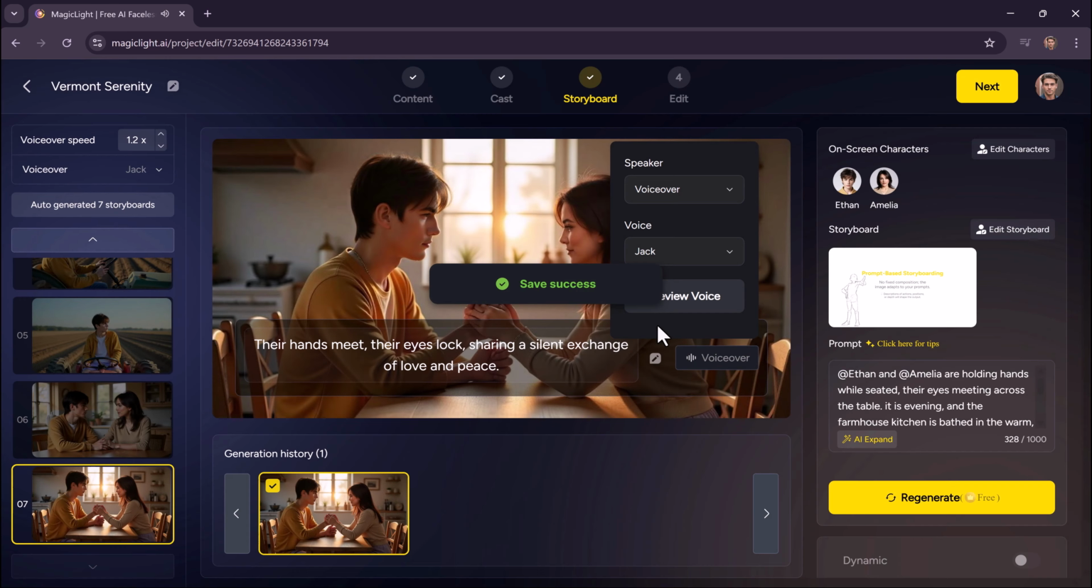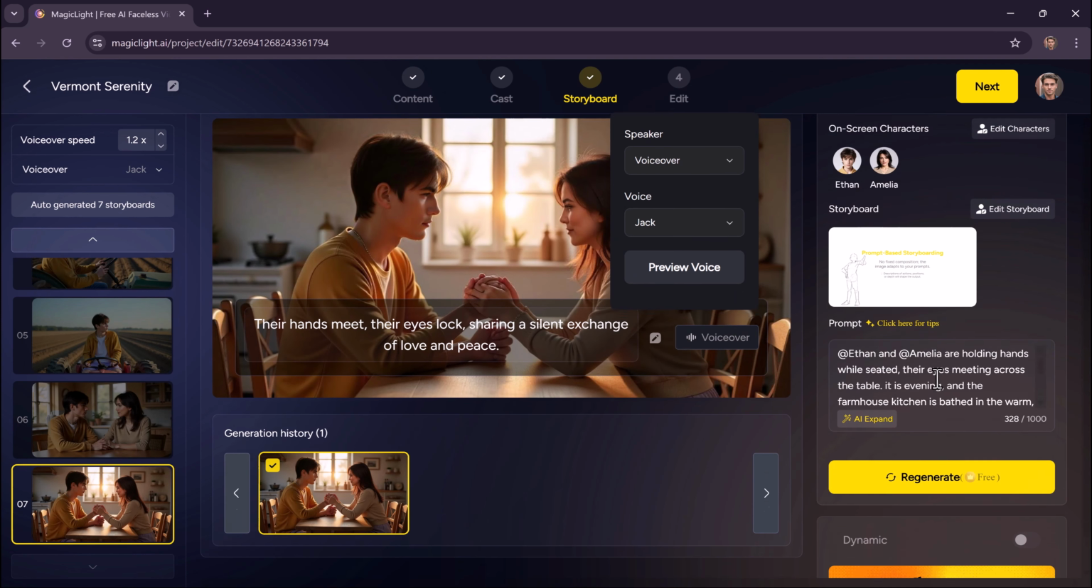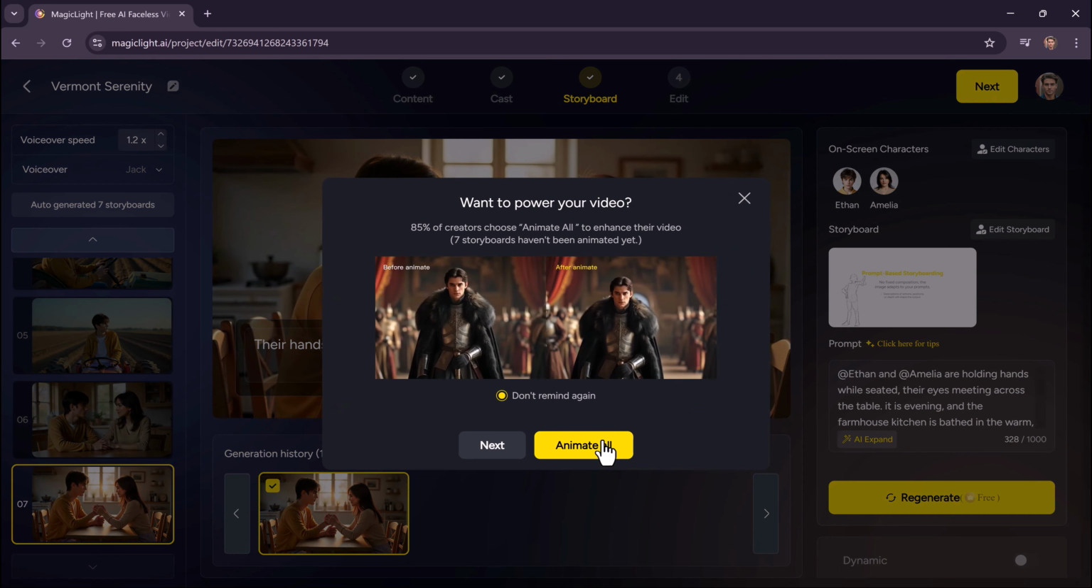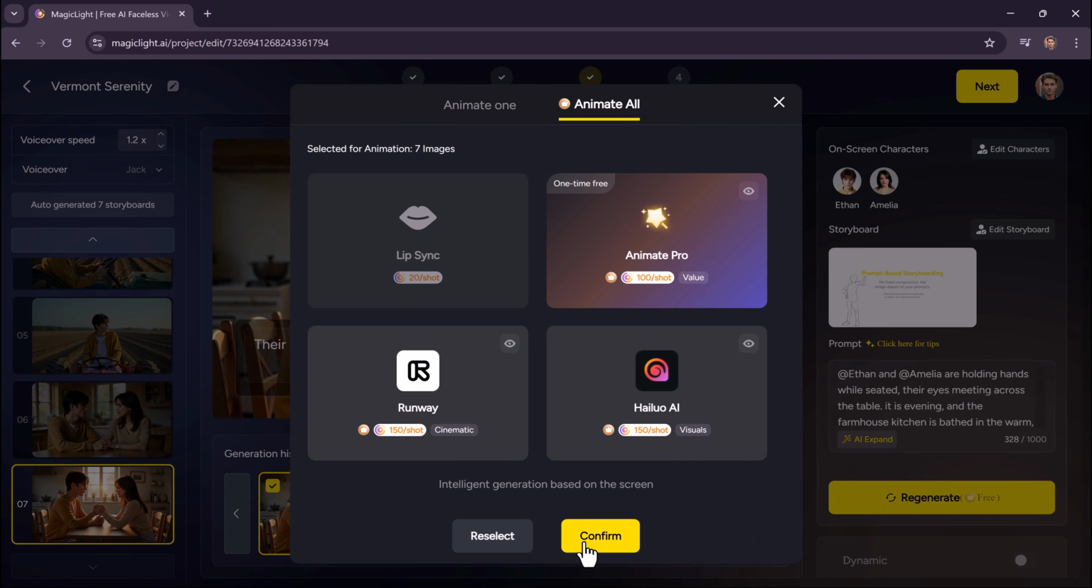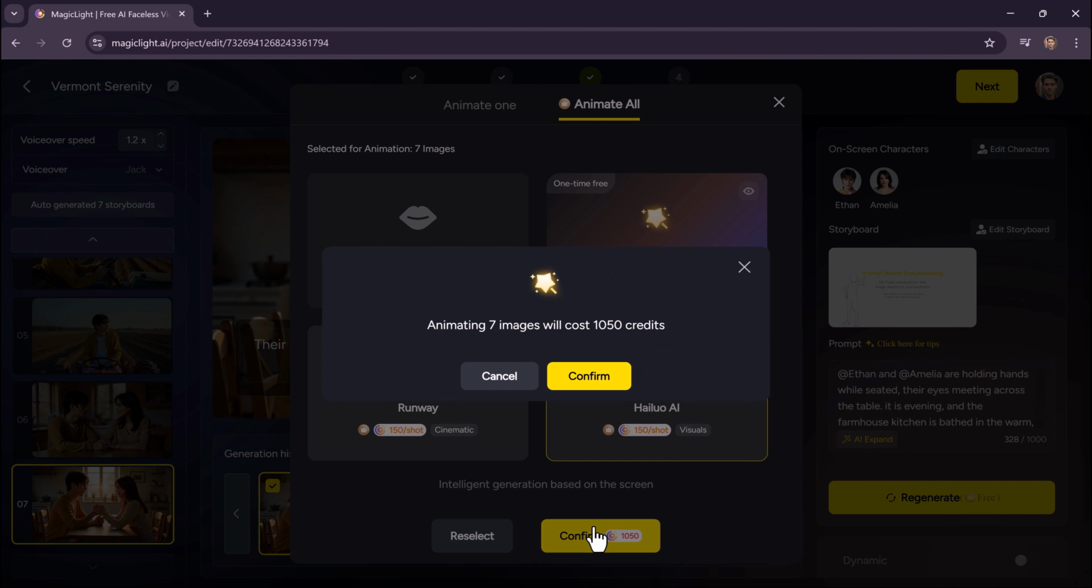Just pick your favorite voice from the options available. Once everything looks good, click the Animate button. Here, you'll be asked to choose an animation engine like Animate Pro, Runway, or Helio AI. These platforms help intelligently animate your video based on screen content. Select your preferred option, click Confirm,